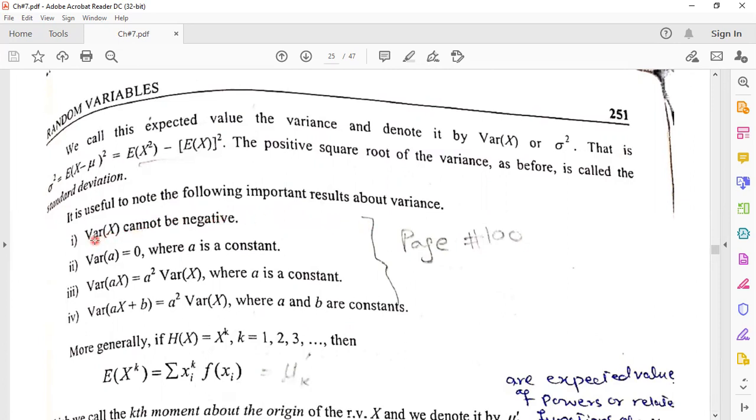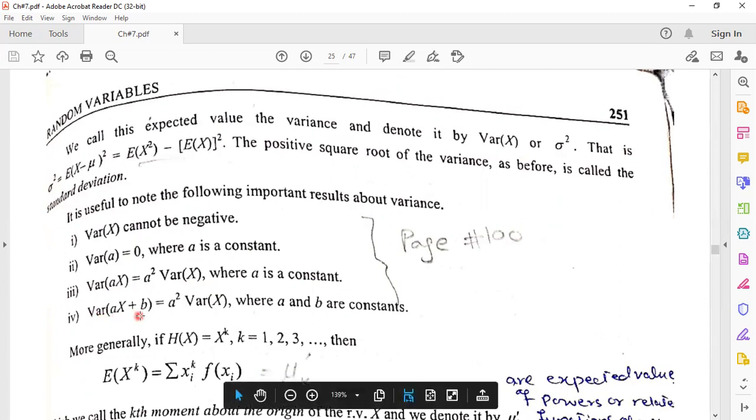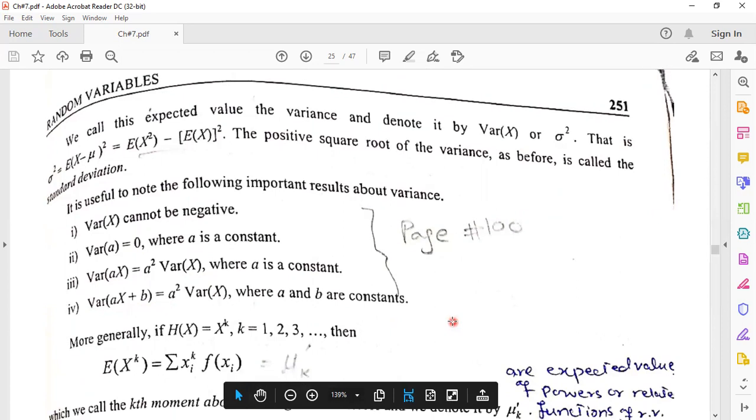Number 1, variance of X cannot be negative. Number 2, variance of a equals 0 where a is constant. Number 3, variance of a into X equal a square variance of X where a is constant. Number 4, variance of a into X plus b equal a square variance of X where a and b are constants. More generally,